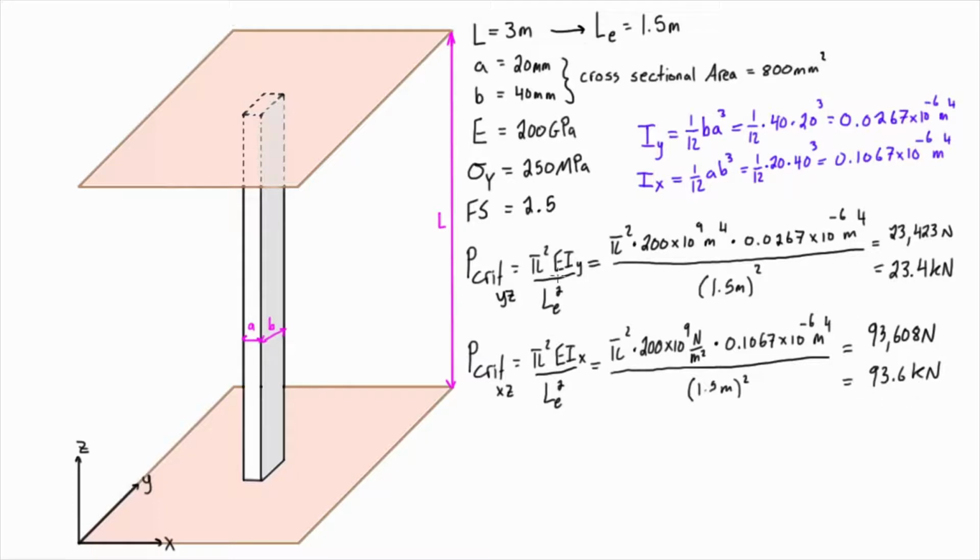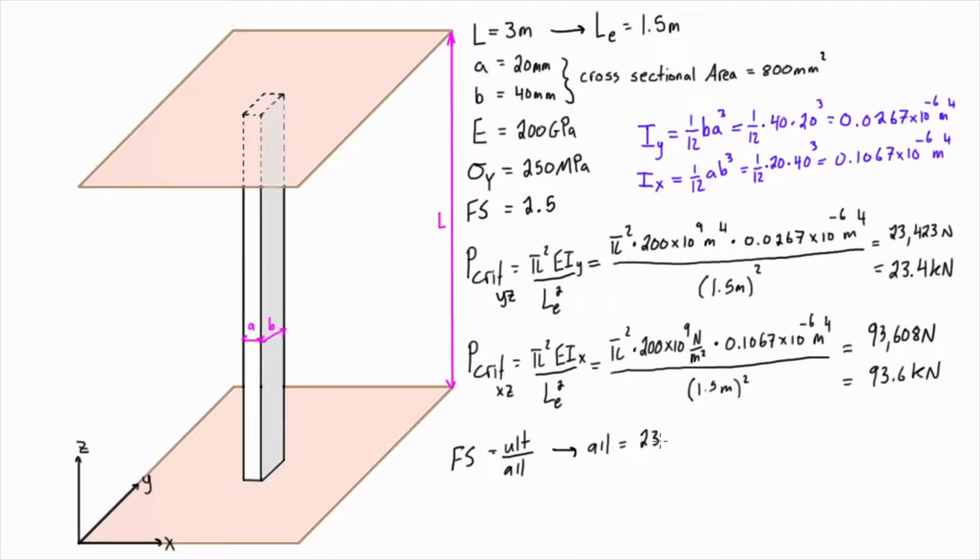So now what we do is we select the smaller load as our actual critical load, because obviously if you surpass the smaller load to get up to the bigger load, you already would have buckled in that direction or in that plane. So what we do is we take this, and if we're asked to find the allowable load for buckling with some safety factor, we can do that. We just take our factor of safety, which is equal to the ultimate load over the allowable load. So we can just rearrange that so we get our allowable load is going to be